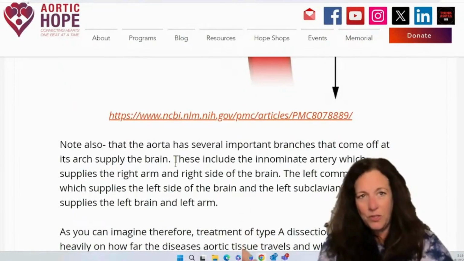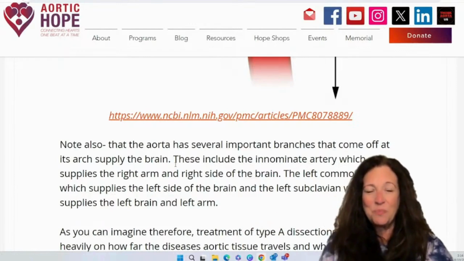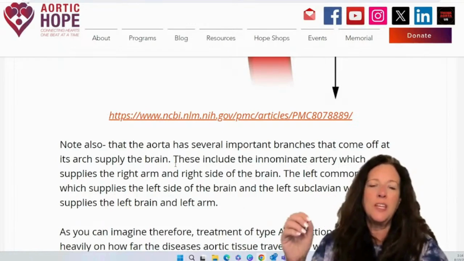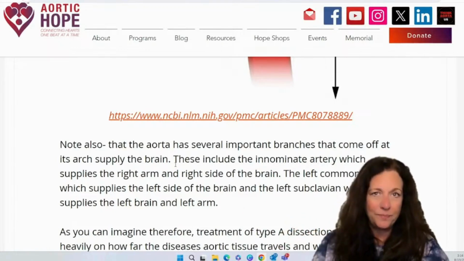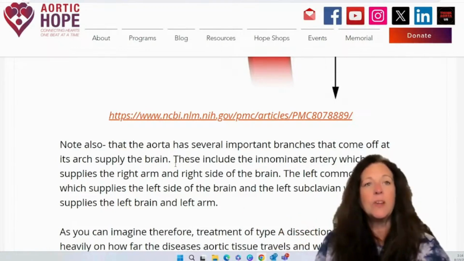So I just showed you this. The aorta has many important branches that come off of the arch and supply the brain. These include the